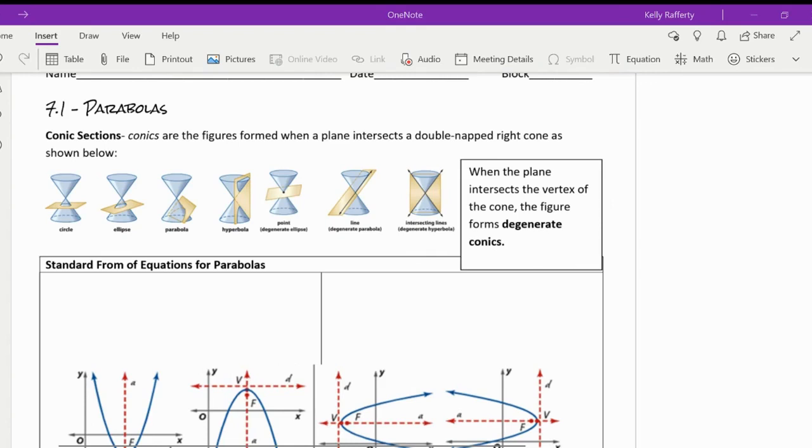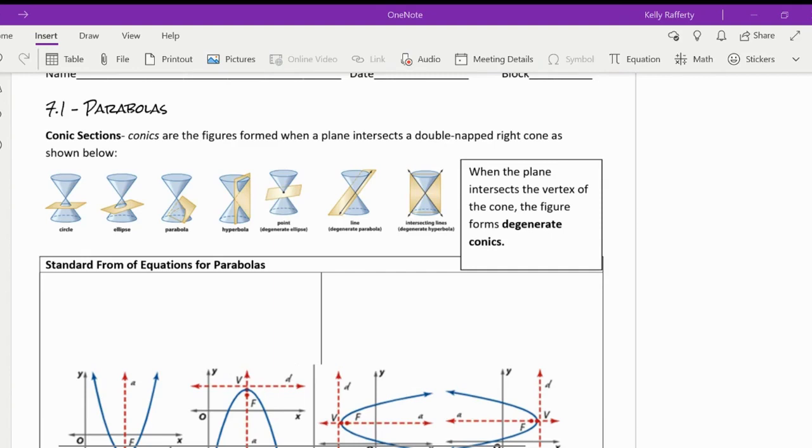All right, guys, I'm going to walk through some notes on parabolas here. These are some functions that I'm sure we are familiar with in the past, but we might be looking at some kind of new terminology or ways to graph them, other things like that. So the first thing I have up here on this 7.1 worksheet is just an intro to all of our